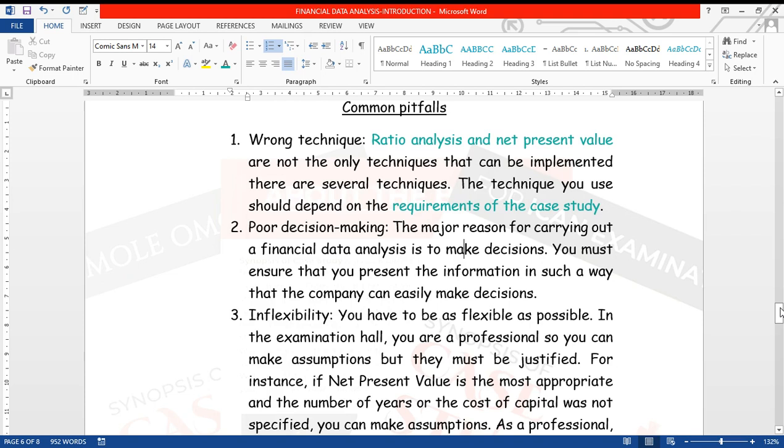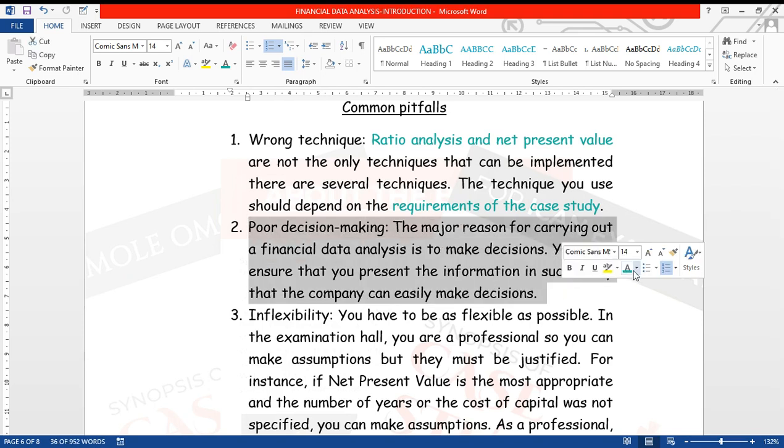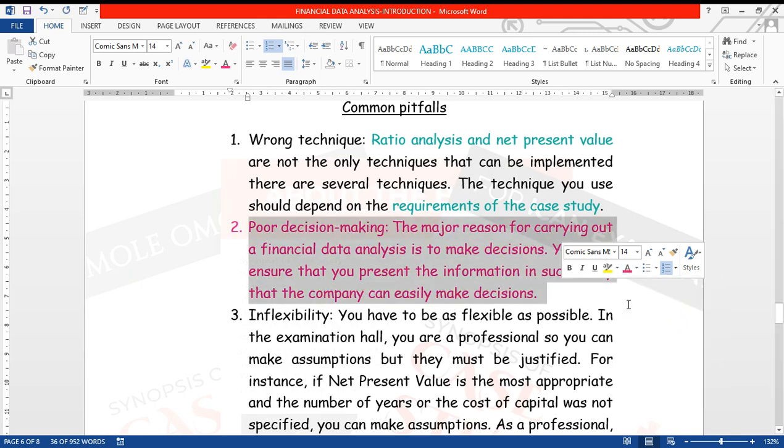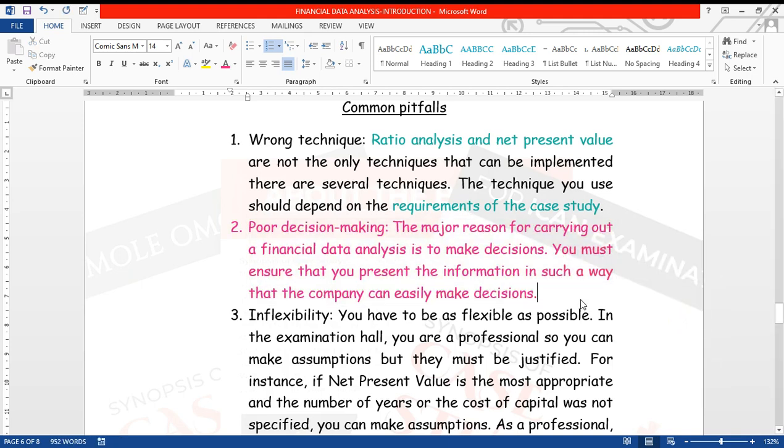So now, if you are not making good decisions for them, then it's a total waste of your services. It's a total waste of them calling you to come and help them analyze because you are telling them what they already know, right? How would you feel if you were the owner of a company and you have paid handsomely to a chartered accountant and the person is still telling you exactly what you knew before? No piece of information, no news, no nothing.